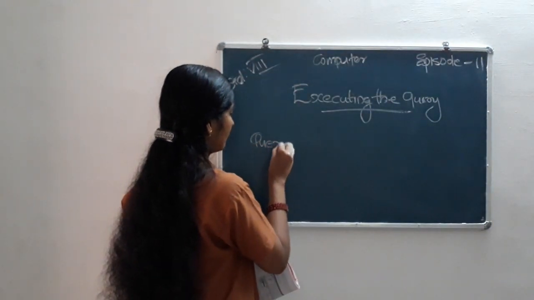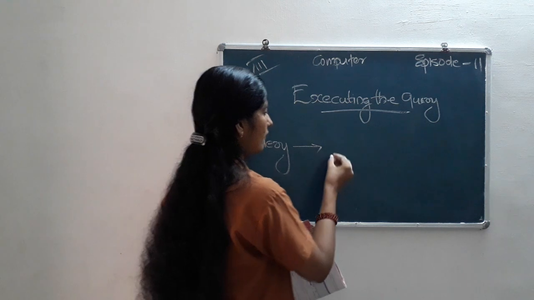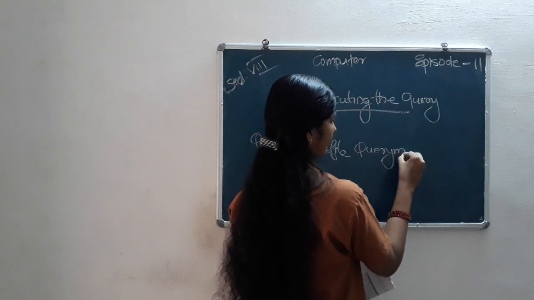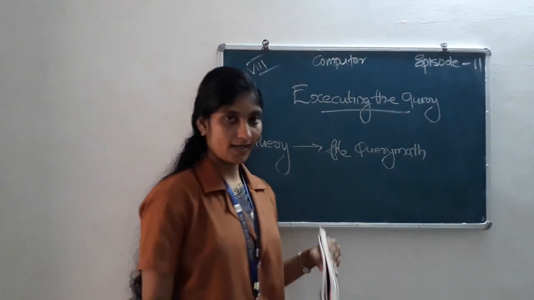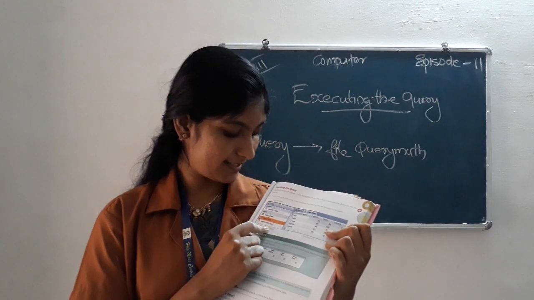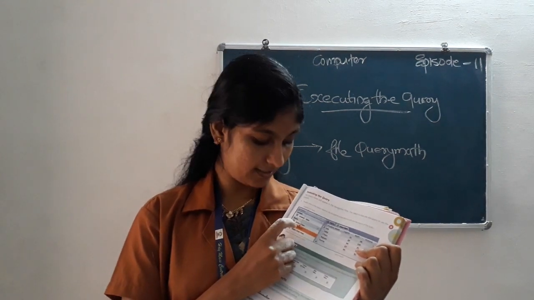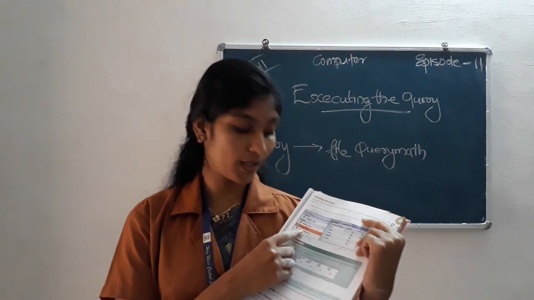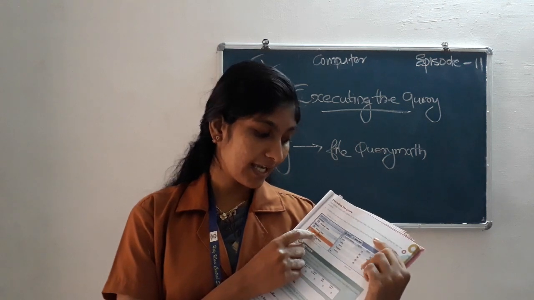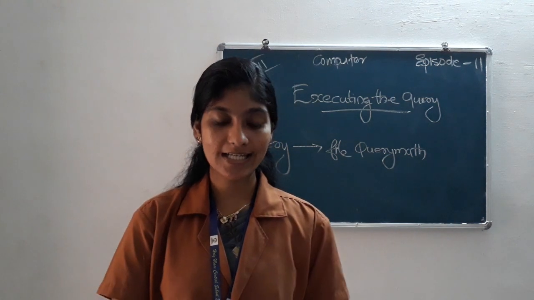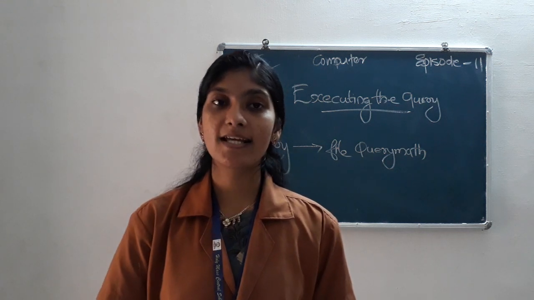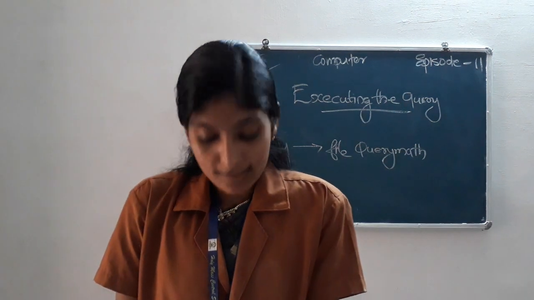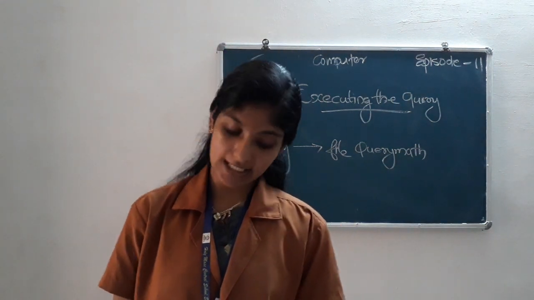The query is in the file query math. Right? So from the tables, there is a table, student marks. In the marks table, we have created a query, that is query math. In the query math, for example, the condition here is to display the names of students, or the list of students, whose marks are greater than 80.